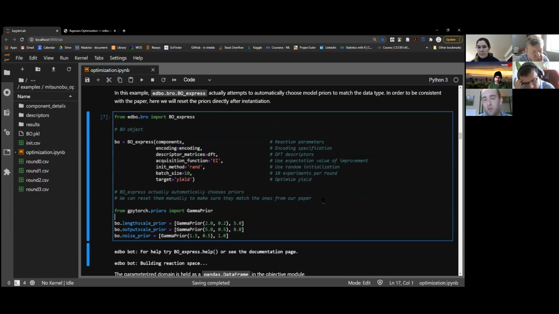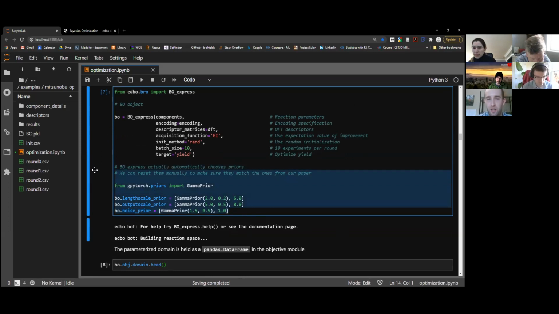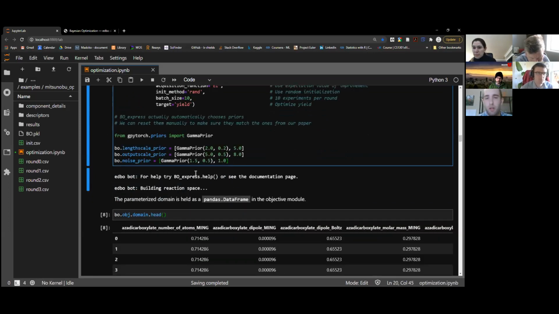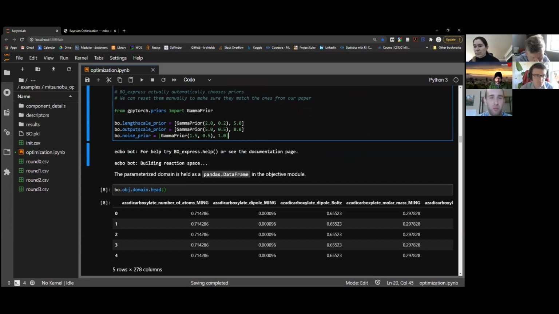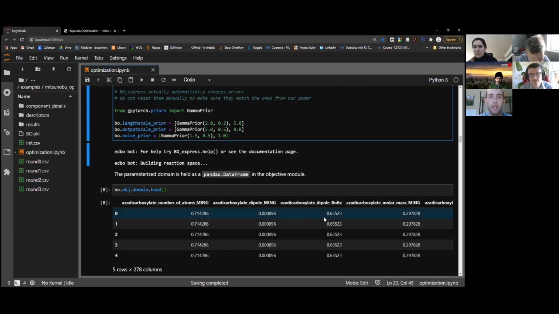And just to stay consistent with the paper, while the BO Express class attempts to choose priors optimized for the type of encoding that you've selected, we want to use the priors that we disclosed in our recent paper. So here I'm just going to reset the length scale prior, output scale prior, and noise prior. This is a kind of unnecessary technical note in preparing the optimizer in the exact configuration that we used for the paper. Okay, so we instantiate this BO object, and it'll take a few seconds to run,